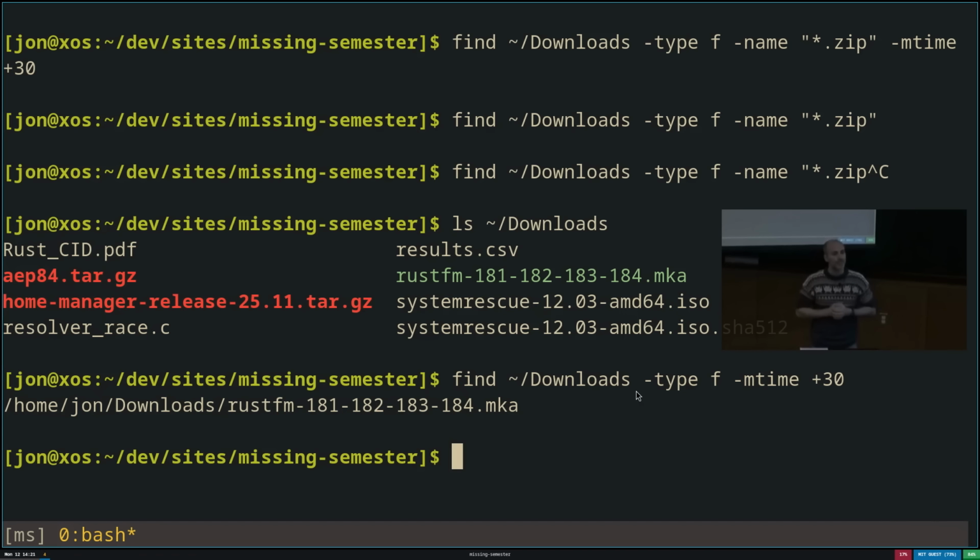Yeah? If I want to use a glob to get all of the files with either one extension like .zip or a different extension like .ts. Yeah, so we'll talk about globs more in the next lecture.